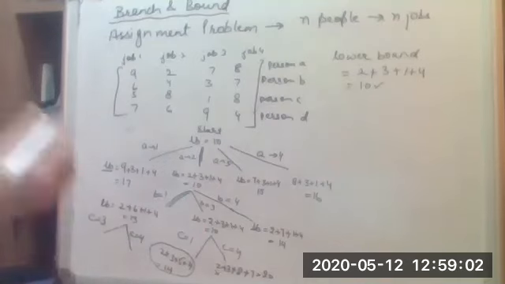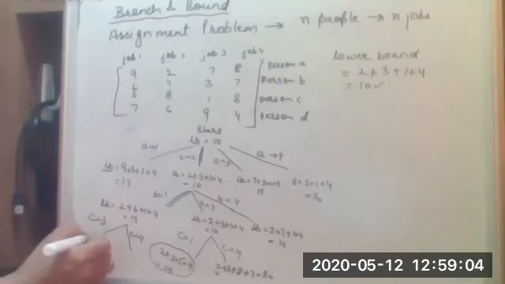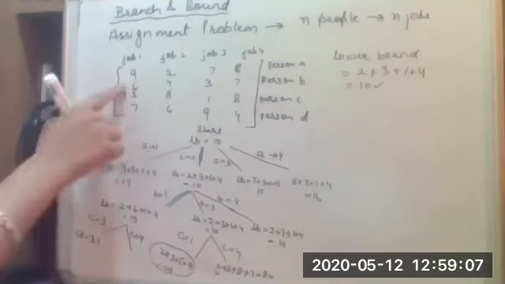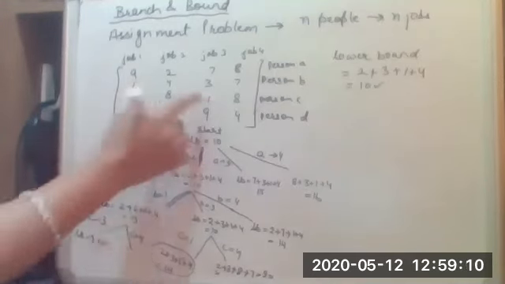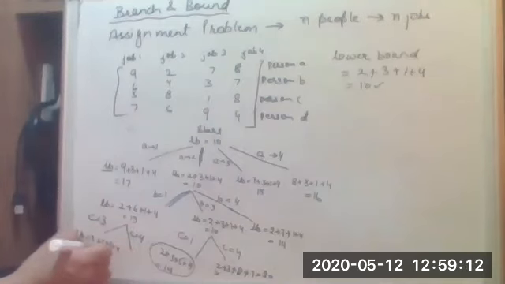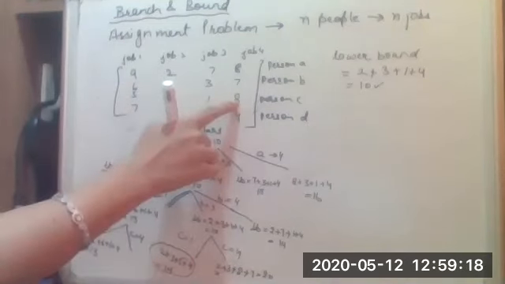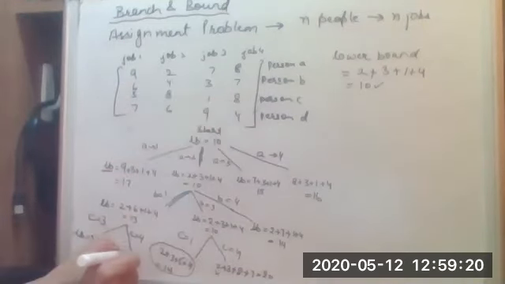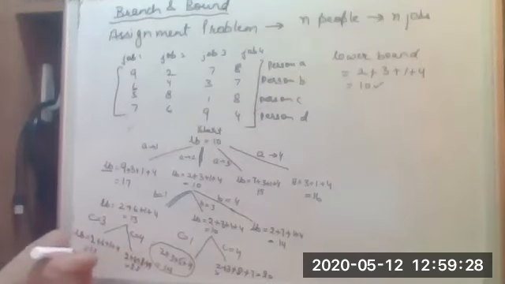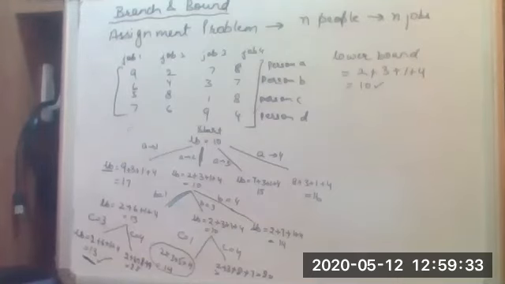Fine. So if A is equal to 2, the lower bound value here will be 2 plus B is first, that is 6. This is 1 plus 4 and this is equal to 30. And if it is the fourth one, the person C gets the fourth one. So in that case, it is 2 plus 6 plus 8 plus 9, which is equal to 25. So this becomes our best solution so far.